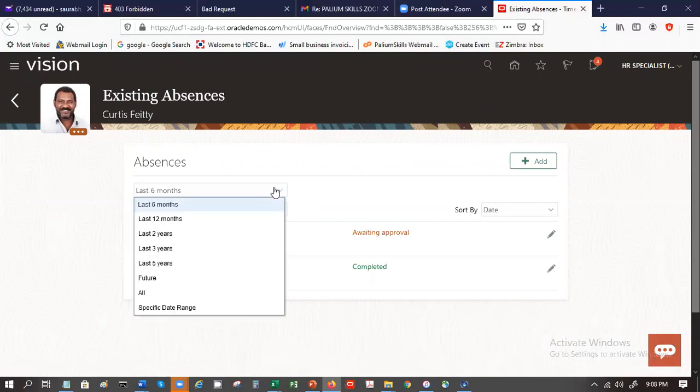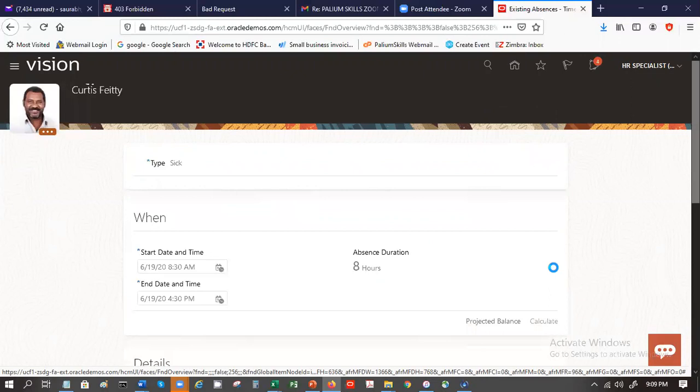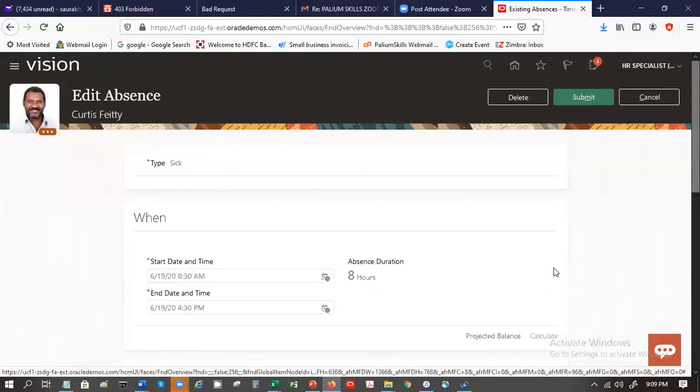There's nothing much here, and you can view the past history and how it is. And this one is something that was completed before. In some cases they don't give you a total, but it will just keep a running number of how many hours a person has taken.